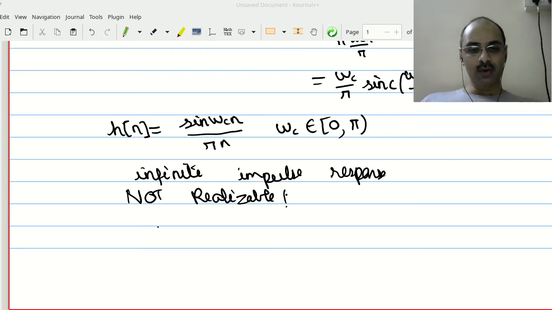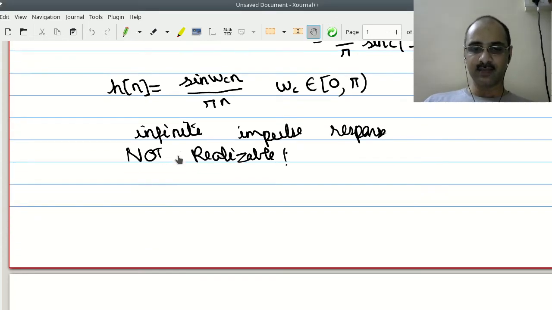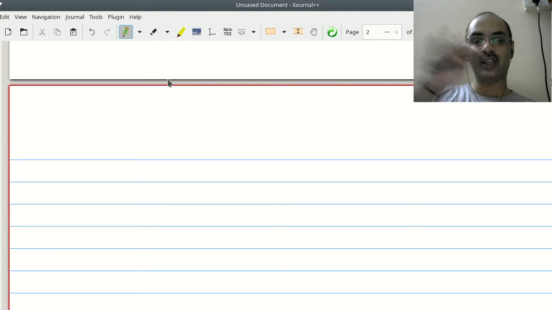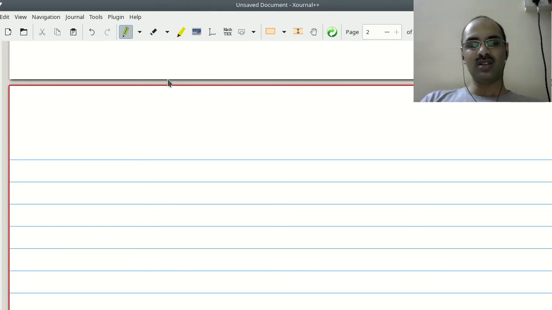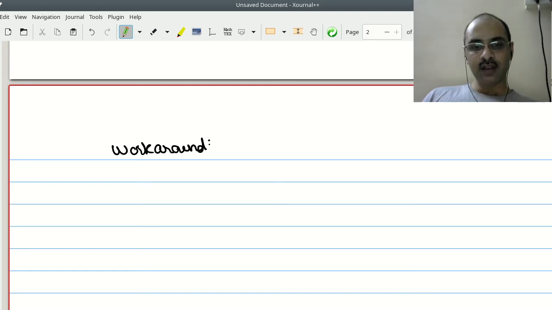Okay. So now one interesting thing is, okay, this is not realizable. So are we hosed? Is this useless? Whenever we are dealt with these kinds of situations in signal processing, where there are these discontinuities which cause this infinite nature to come up, you can always make certain approximations. See, we are in the business of engineering, so we have to come up with some approximations which allow us to do our job. What do we do over here? We can actually take a workaround, and the workaround is very simple. We can try the truncation approach.